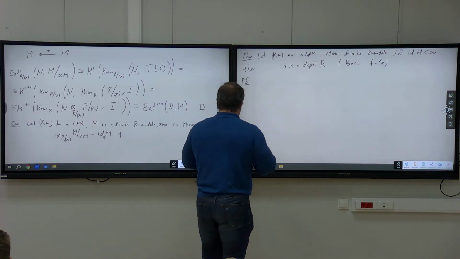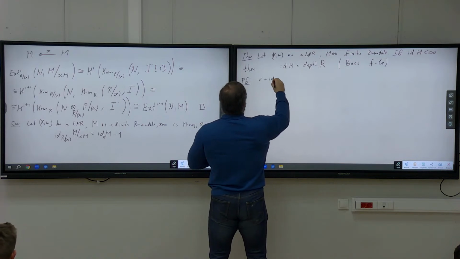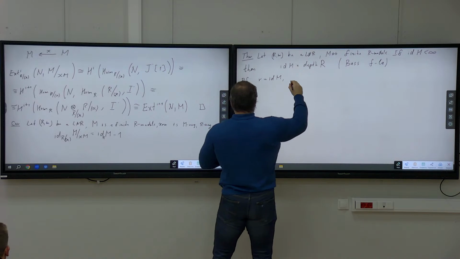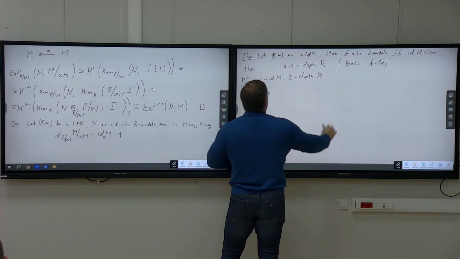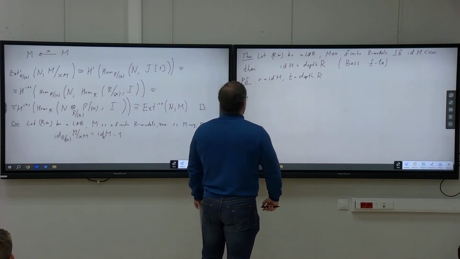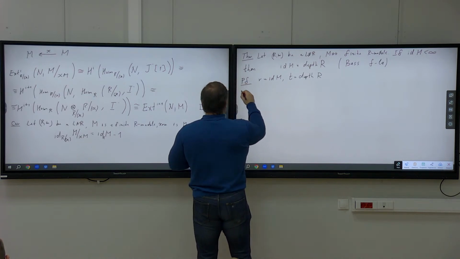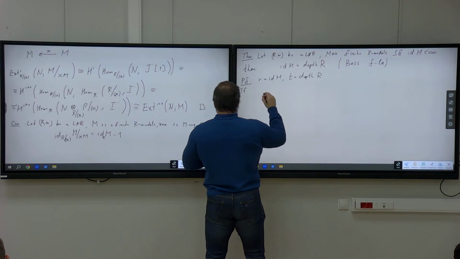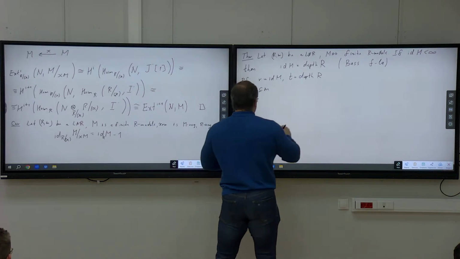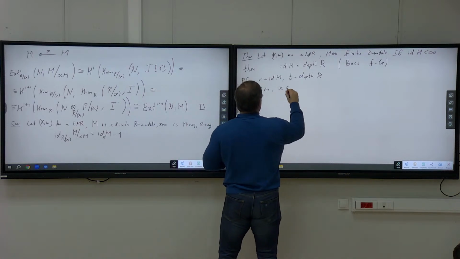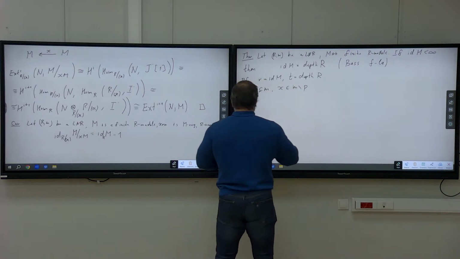So, proof. Let's fix some notation. Let's say that r is by definition the injective dimension of M, and t is the depth of R, just for shortness. Okay, if we take a prime ideal p which is contained in m but not equal to m, and we choose x to be an element in the maximal ideal but not in this prime ideal,